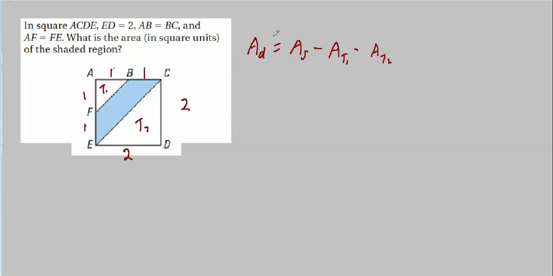Well, sounds good. Let's see if it works. What's the area of the square? It's just 2 squared, or 4. What about this triangle here? Oh, that's pretty easy. We got a right triangle here. We know because they told us it's a square. And we got a leg and an altitude, so we have to subtract 1/2 of 2 times 2.